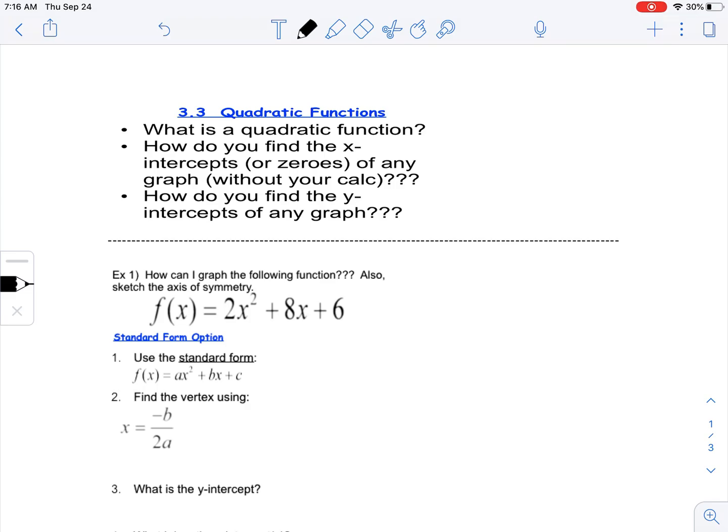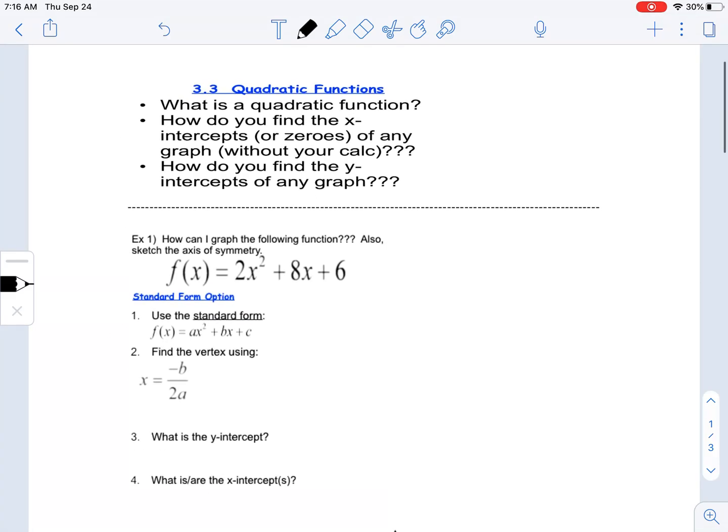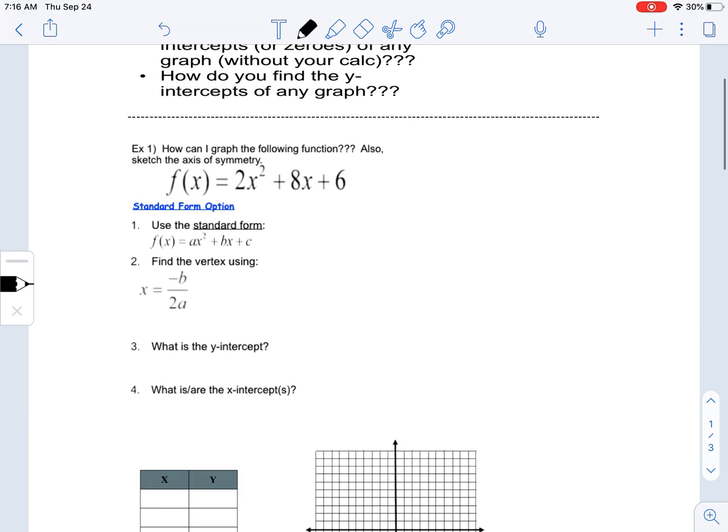Today we're going to talk about quadratic functions and review all of the basic concepts of quadratic functions. We're going to be looking at quadratic functions that are in both standard form as well as vertex form. We're going to talk about how to go from one form to the other and how to find all the key components to be able to graph these functions. So to begin, let's talk about an equation that is currently in standard form.